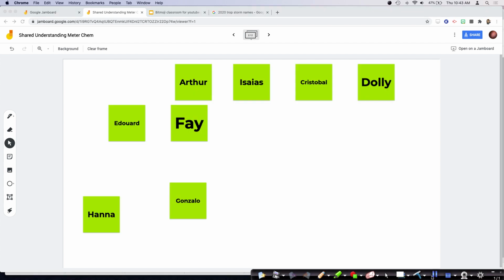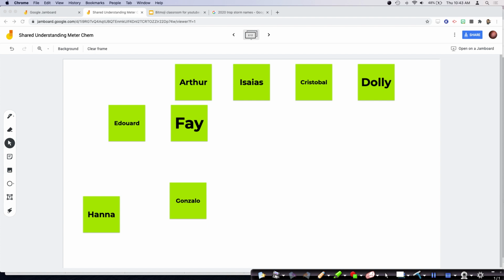And here I've just made some of these Post-its. I've made them all green, and these happen to be some of the named storms from the 2020 tropical storm season. But I just made these, and maybe what you could do if you don't want students to be constantly changing the colors and constantly focusing on this, is at certain points in your virtual lesson, you can have understanding checks. And you can say, if I were to ask you a question right now, please keep